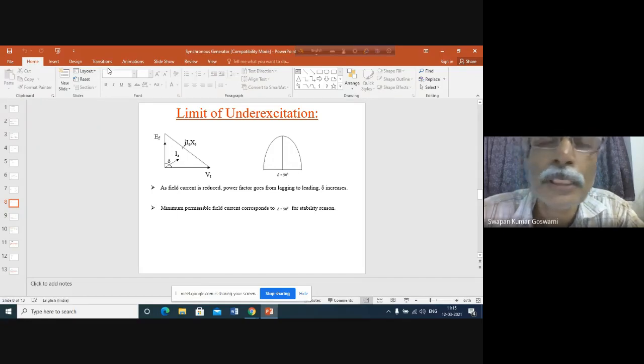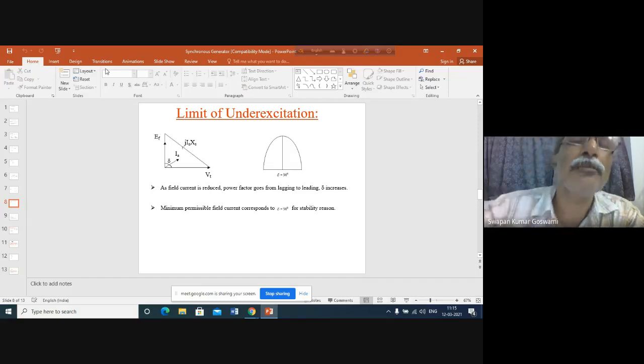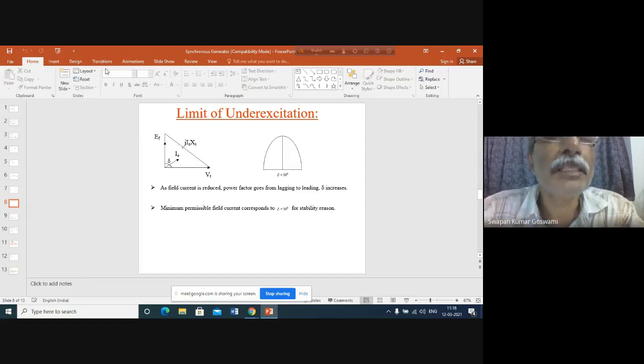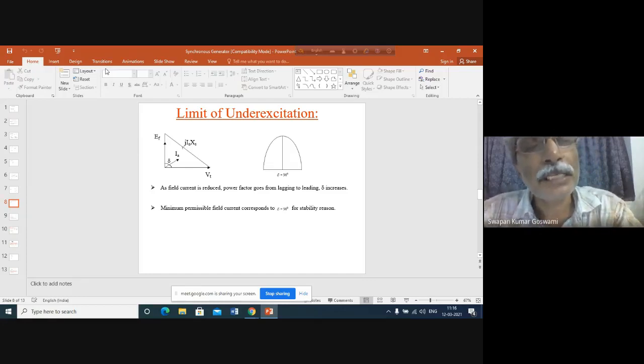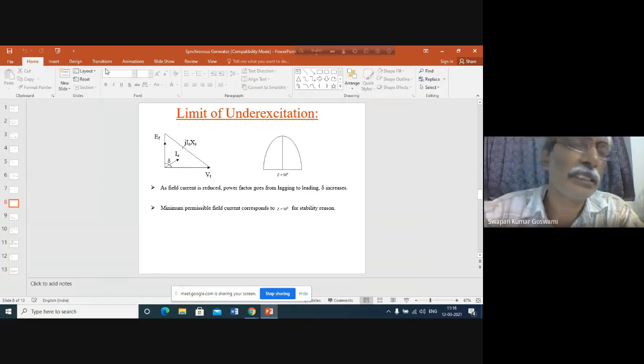But during the low load period, when the system demand is less, then there will be excess reactive power supply from the transmission line. Excess reactive power supply বলছি কেন, because transmission line will continue to supply the same reactive power. That reactive power will become excess since the system demand is low. তার ফলে reactive power supply টা বেশি হয়ে যাবে. Reactive power supply বেশি হলে we need some inductive load to be connected to the system. Who can be that inductive load? Generators now can become that inductive load.